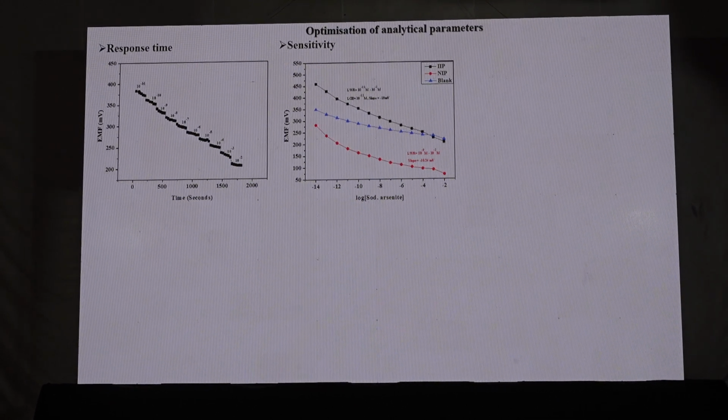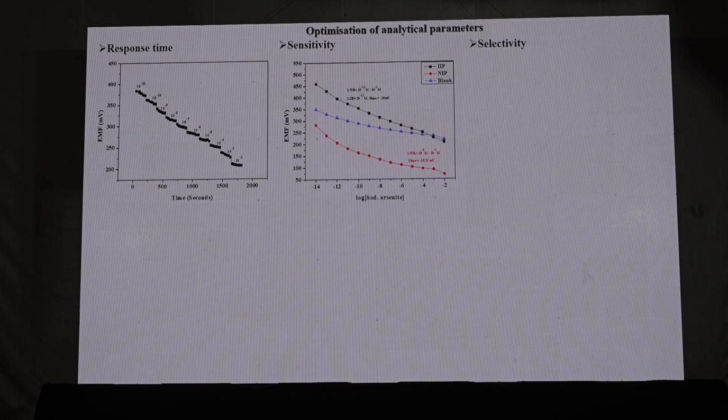The potential stability and response time was studied in a decade-based concentration range from 10⁻¹¹ to 10⁻², and we optimized the response time as 3 minutes. Then the sensitivity of the developed IIP sensor was checked by comparing with NIP membrane and blank membrane, and the results show that the IIP is showing good sensitivity with a limit of detection of 1×10⁻¹² molar and a slope of -18